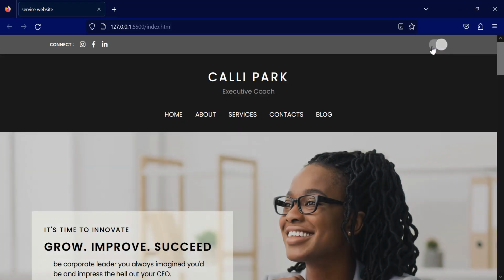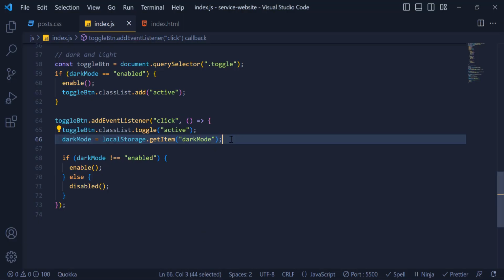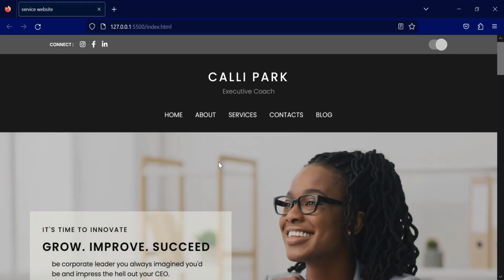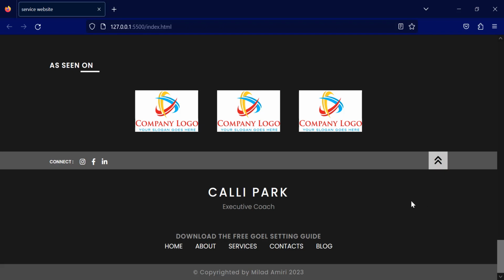Okay, now if I refresh the page and click it back, you can see it's working perfectly. We need to update our local storage every time we click the button. Okay, and that's it. We have a dark mode,